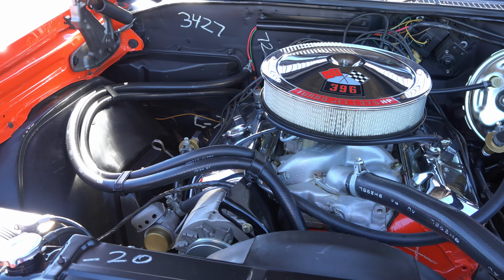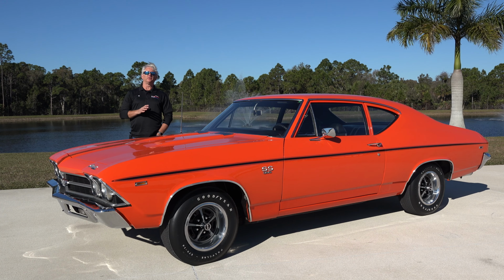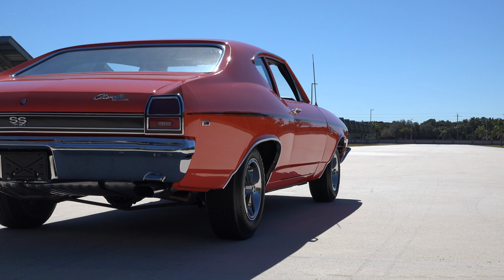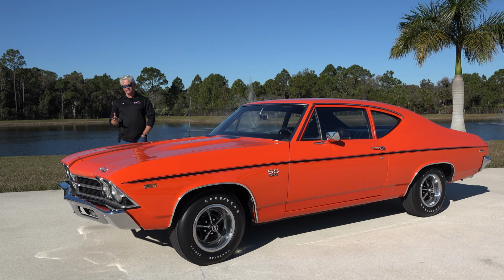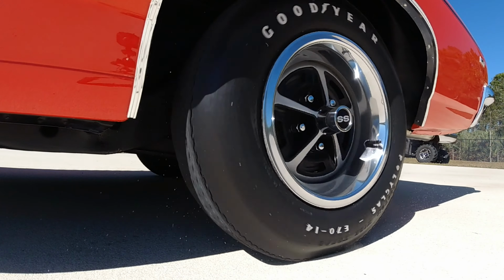radiator. The transmission in our particular car is a Muncie M21 manual 4-speed, Hurst shifted, and this goes into a 12-bolt positive traction with a 4:10 final drive ratio. As we come to the wheels, we have the Magnum 500, and this car has the Goodyear Polyglass E70-14 tires